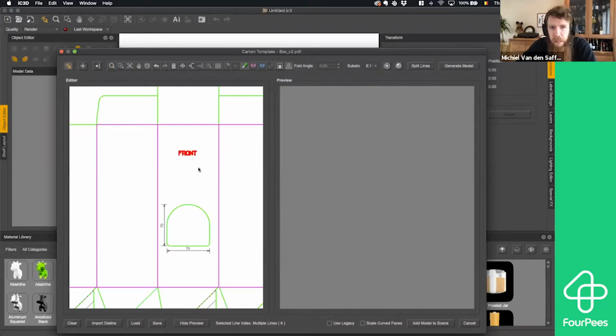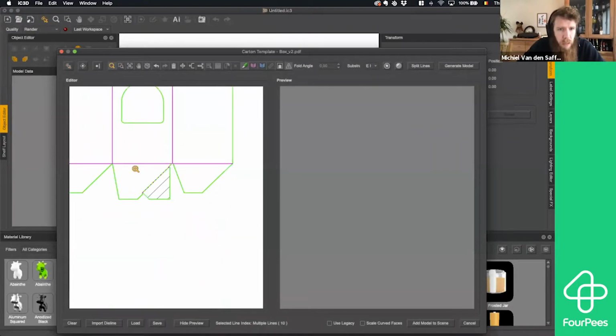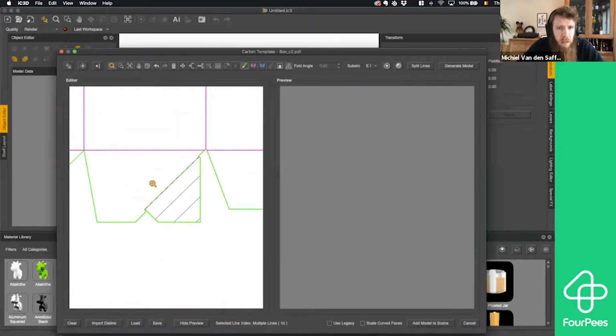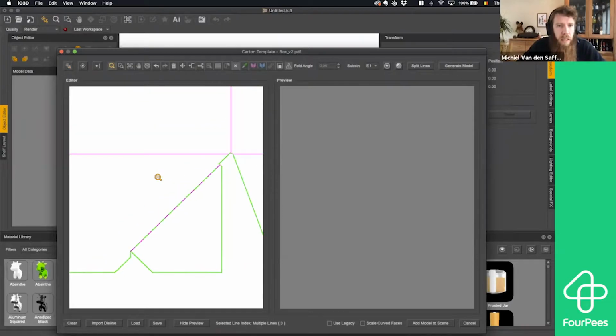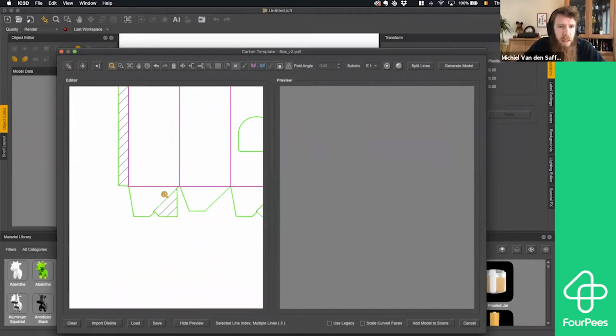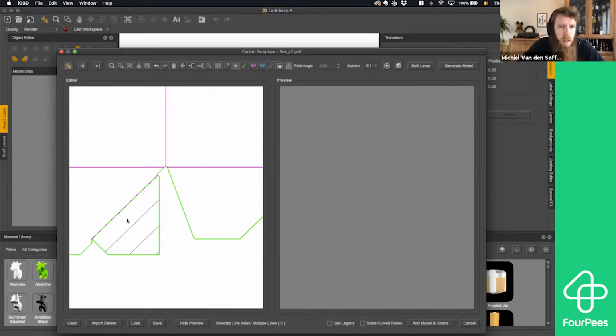I don't need this either, or this, or this. And then the more difficult thing to remove properly is these lines. So I'll just select them with shift click, take them all out. Then I can zoom out again and zoom in on the other side. I can use a box here, I think. Yeah,